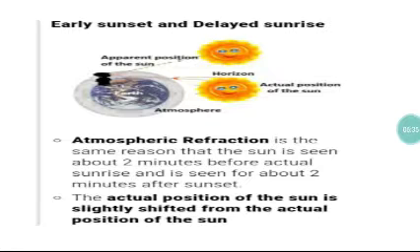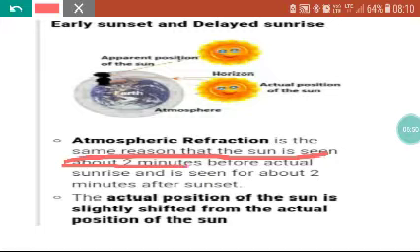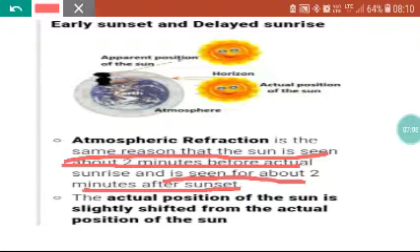see, early sunrise and delayed sunset is one more application of atmospheric refraction. Okay, what is that? Atmospheric refraction is the reason that the sun is seen about 2 minutes before sunrise. Okay, when you are able to see the sunrise, that means it's 2 minutes early there. And the same is for the sunset also. It is seen for about 2 minutes after sunset. The sun has set, but still the sun is appearing. That means it is a delayed sunset,